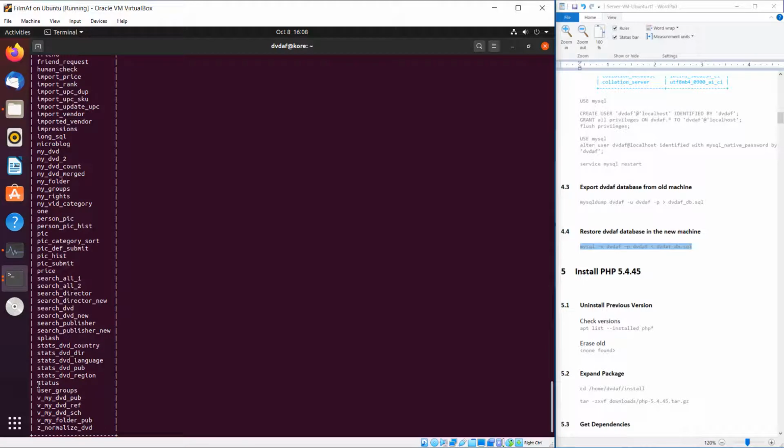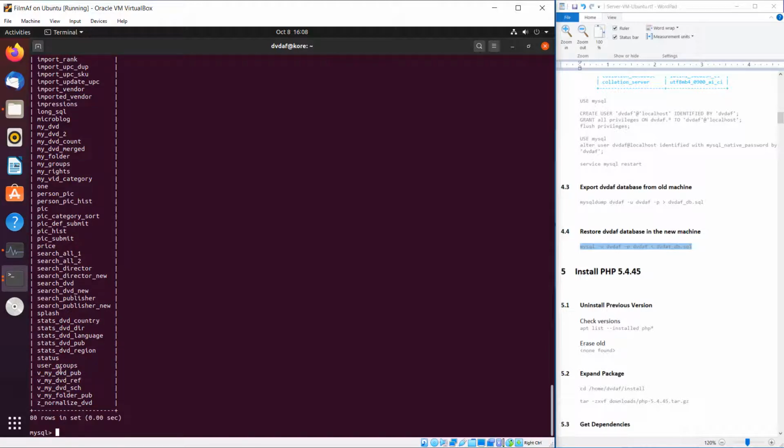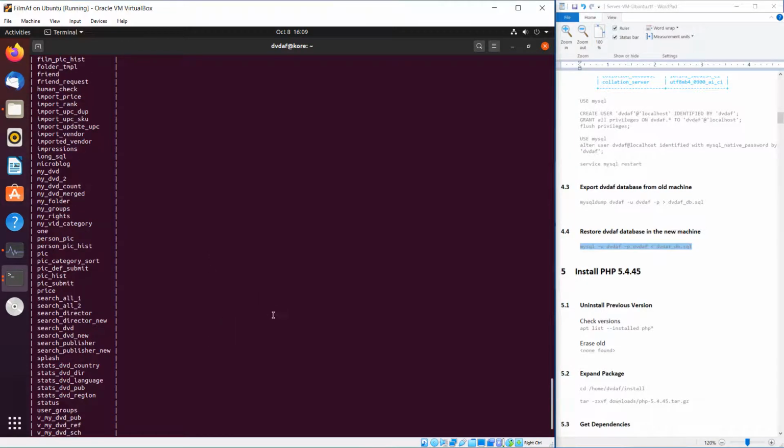I don't remember what status is. Neither are user groups. And these are probably views. And yeah, I don't remember what these are. Probably not important since I don't remember. So that's it. That's a rundown of the